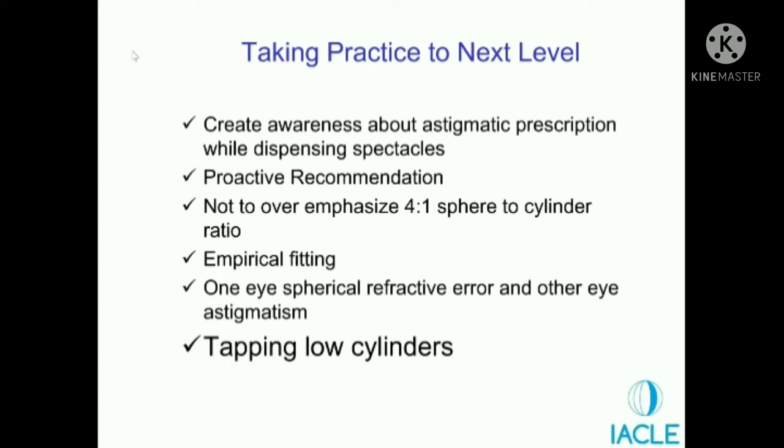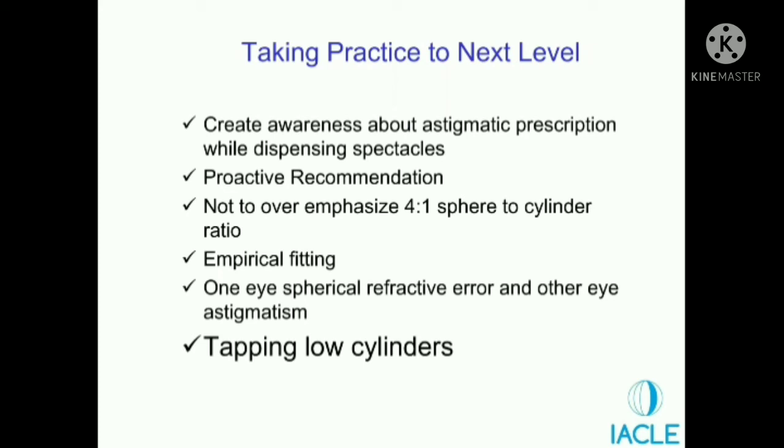Sometimes you may have a patient with spherical refractive error in one eye and astigmatic refractive error in the other eye. You don't have to worry about that. You can easily fit a spherical contact lens in one eye and toric in the other eye. This used to be a problem few years ago when the thickness profile was very different and the toric lenses were very, very thick. So patients used to complain that in one eye I'm very comfortable, the other eye I'm not. But now the toric lenses have improved a lot, they have evolved a lot. So they are very similar, not exactly, but very similar to spherical contact lenses, and you can prescribe this.